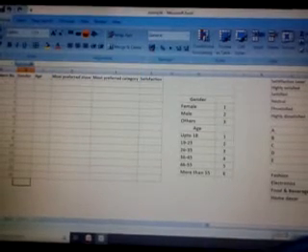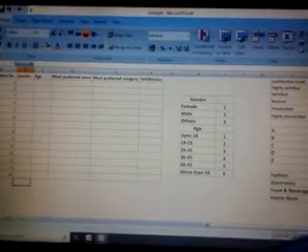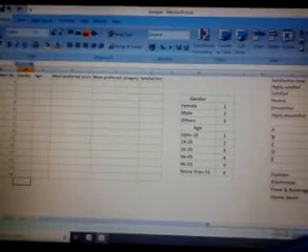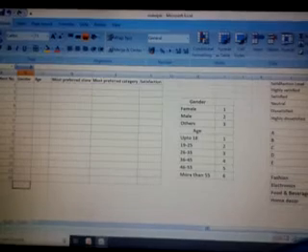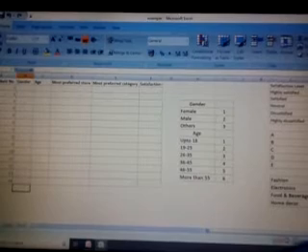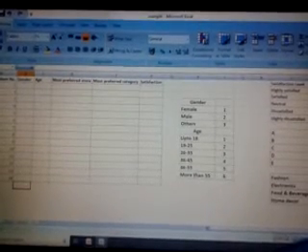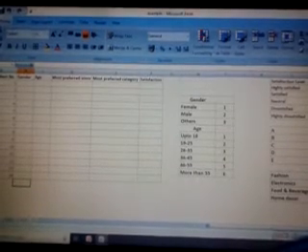And now, after entering the data, how can this data be analyzed using this spreadsheet? For example, if we have collected just the data of 14 respondents, then at the end of this gender column, what would we do? We can calculate the numbers or the frequency of 1s, 2s and 3s.